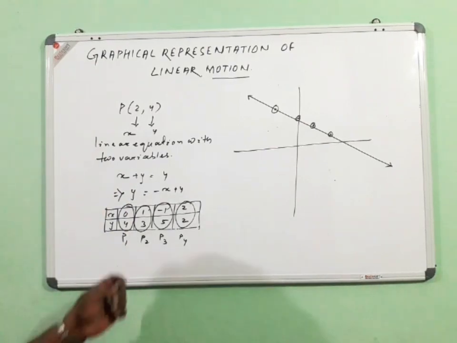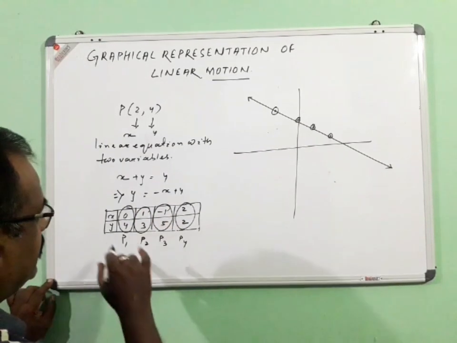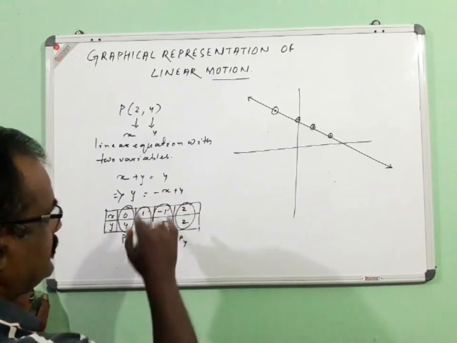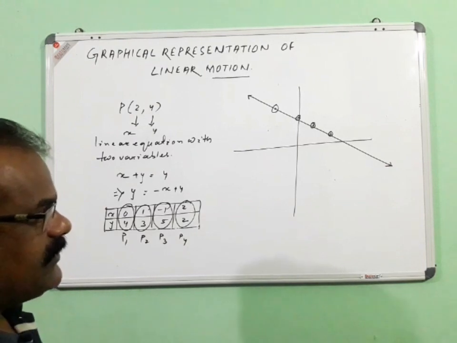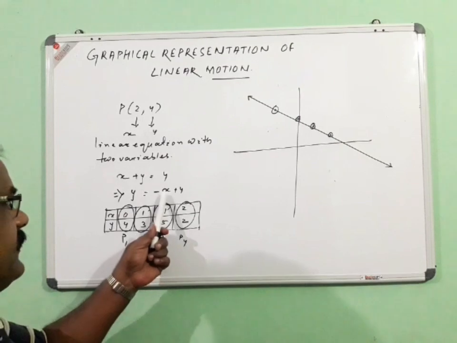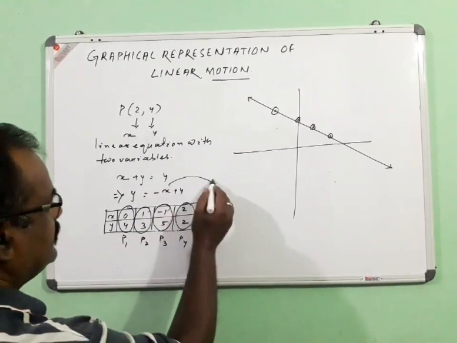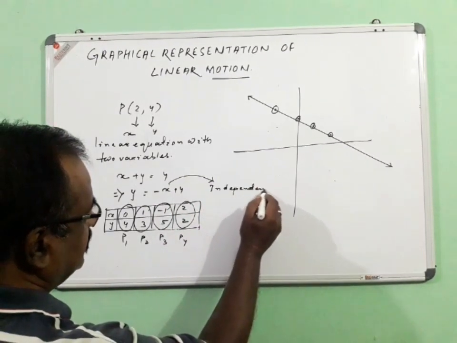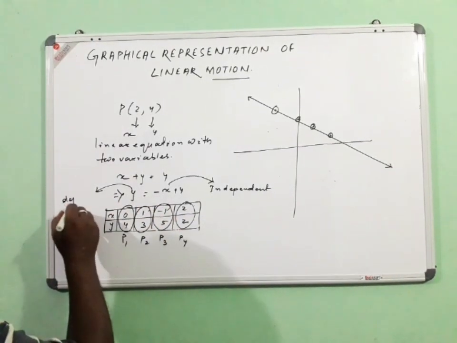So in the case of a linear equation containing two variables, we get y = -x + 4. Likewise in this equation, we plot all the points, and by joining them we get a straight line. Here we take the x value first and the y value then, so we can say that x is the independent variable, whereas y, which depends on x, is the dependent variable.